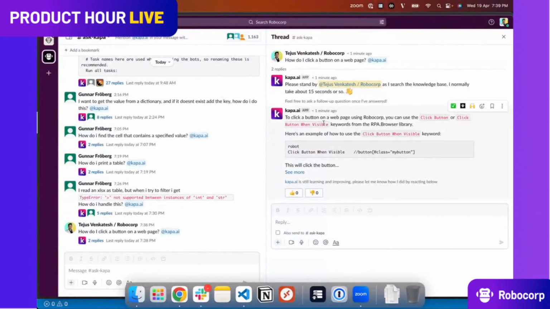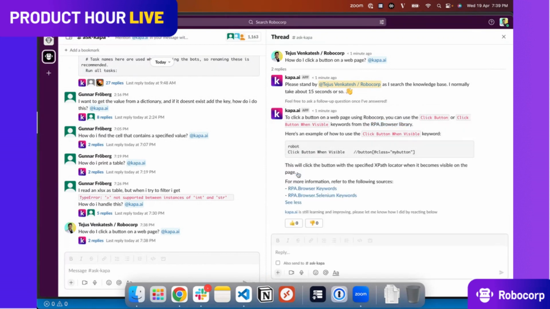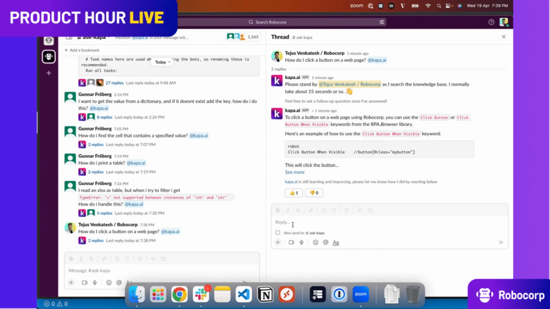To click a button on a web page using Robocorp, you can use the Click Button or Click Button When Visible keywords. Both of them are from the RPA.Browser.Selenium library. There is also an example and more references. If you think this answer is helpful, you say it was helpful. Otherwise, downvote it so that it can understand if it was useful.